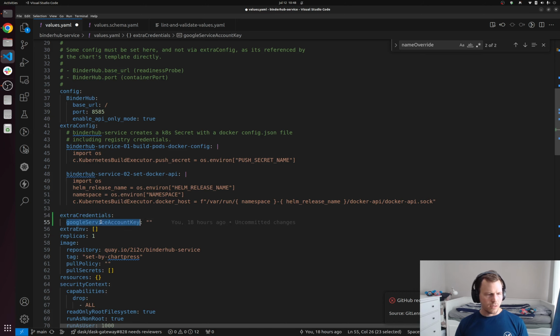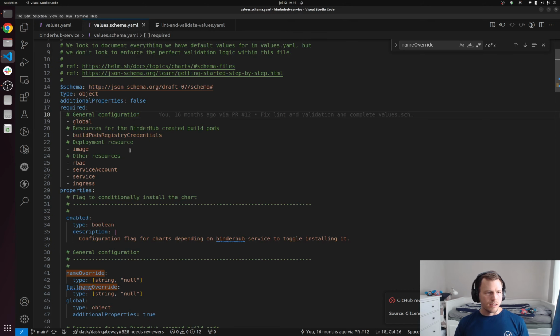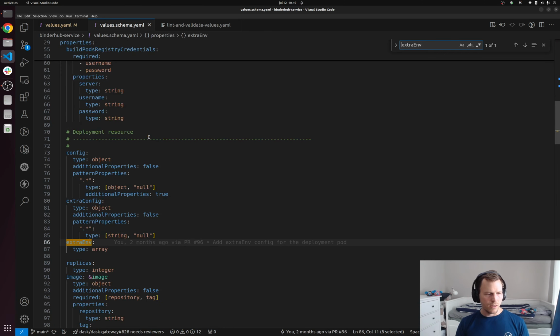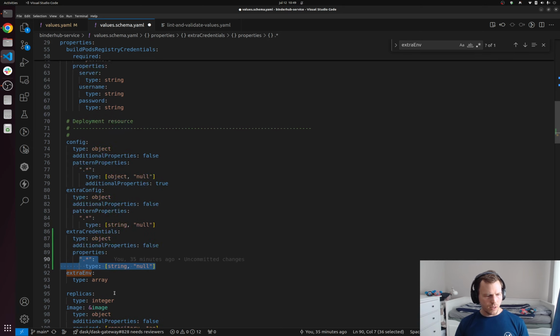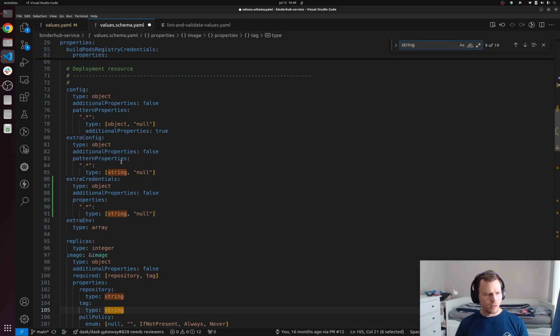Then this is an object, this is a string, and the schema is simple as compared to allowing null values, etc. Okay, and we add something to the schema. Extra env, I added it right above, so let's do something similar. The extra credentials should be an object with no additional properties beside those we define, but we know the property names. The property names should be objects of their own, and the example string. Do we have a string example? Properties like repository. Okay, so I'll copy paste,